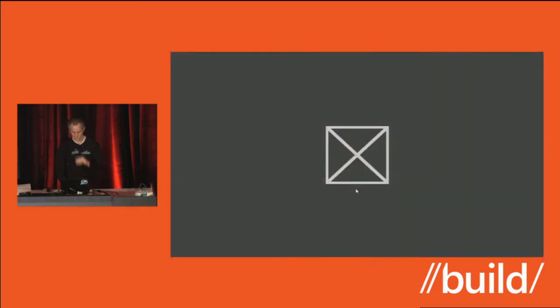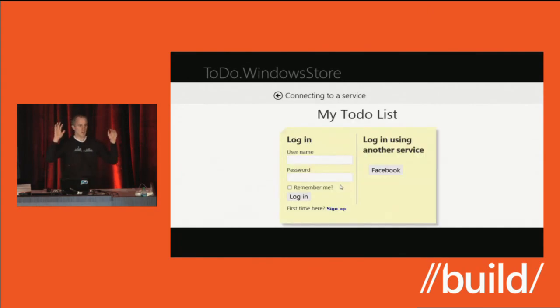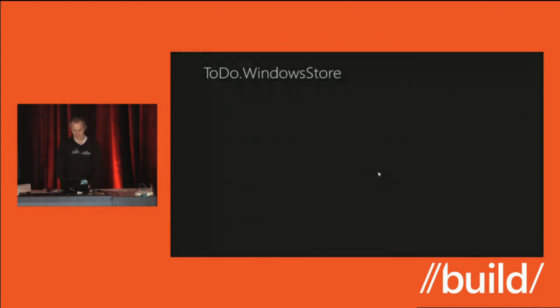Start new instance. Okay, so this is my Windows Store app. And there's the Web Authentication Broker just popped up. I pointed it at the authorization server on the web API and in the SPA application. And it's asking me to log in. It looks like the same login page that I had before. It's because it is. So let's say I want to log in with Facebook. Let's go ahead and do that. I had already logged in with Facebook before, so it already had my credentials, and it logged me in, and there I'm able to see my to-dos. These are the same to-dos that you saw in the browser app.